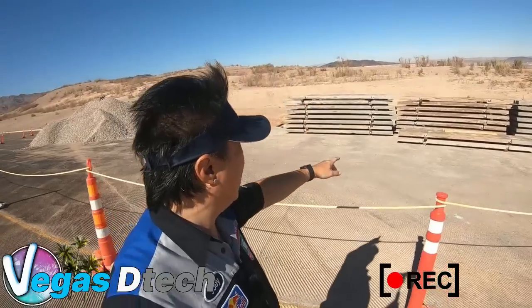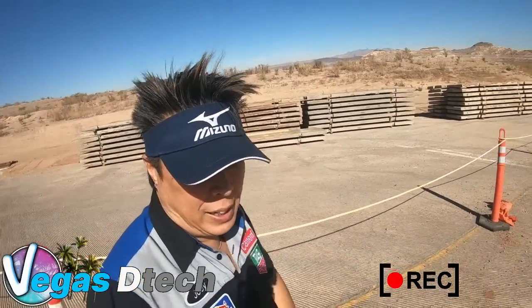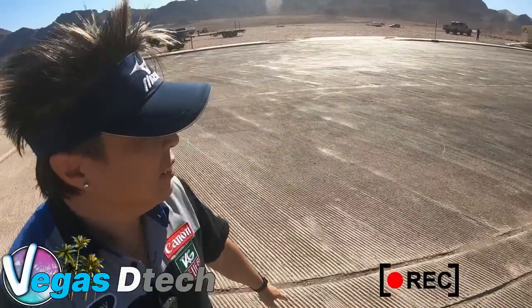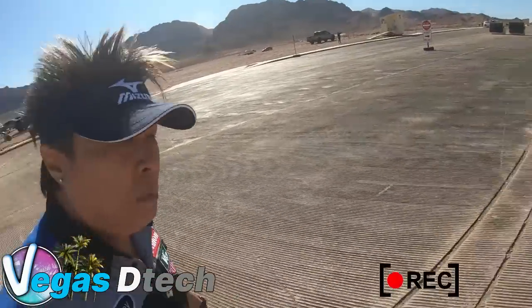So take a look at these slabs here. These slabs actually link up. I never even noticed it because it looks like these are permanent on the ground, but these are like linking. Let me show you here what I'm talking about. So if you come over here,